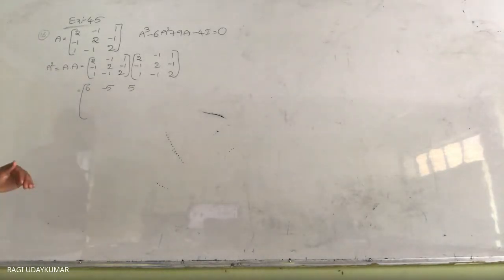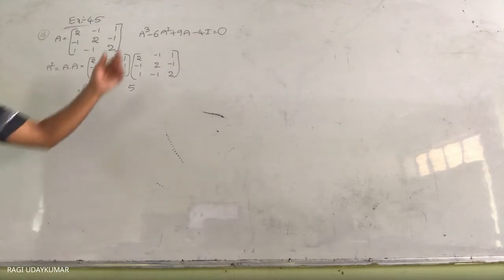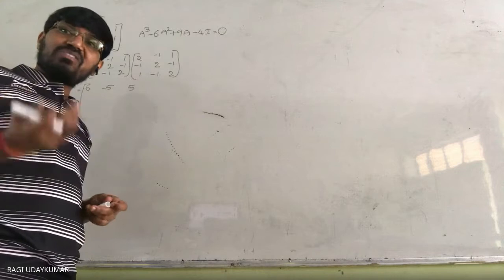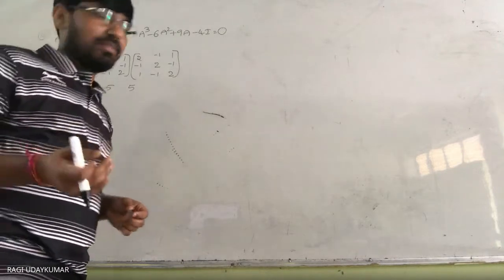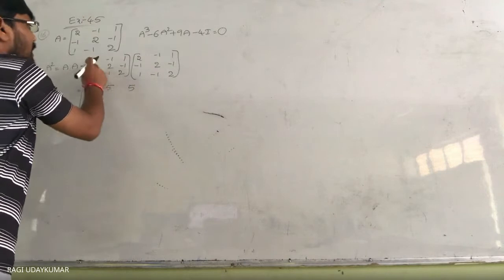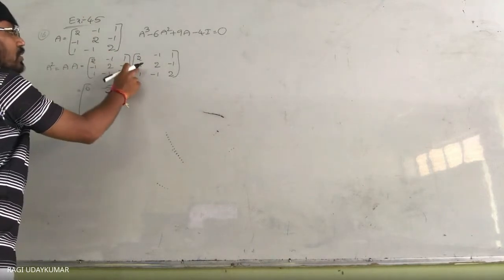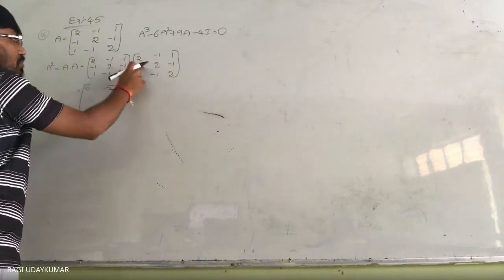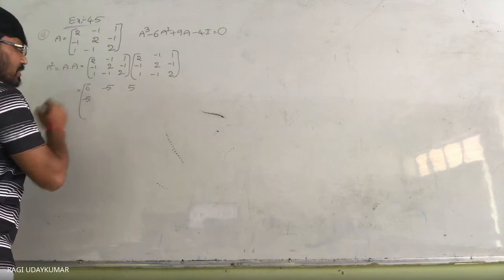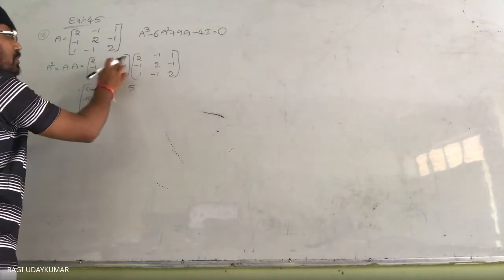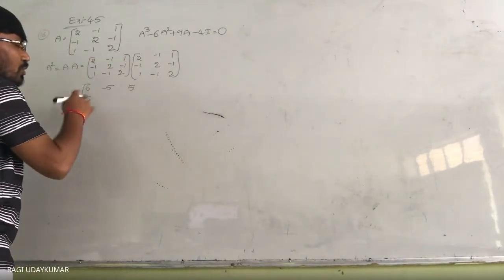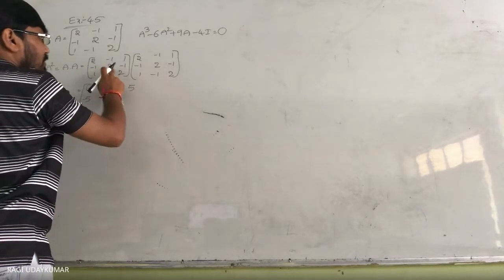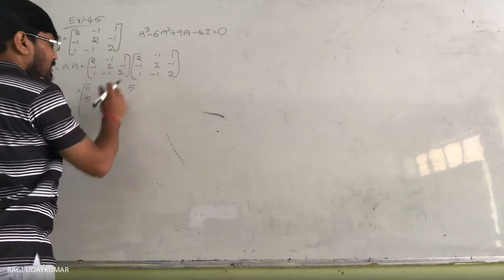So like this, find a square, find a cube, and substitute in this. If you get the null matrix, then hence find a inverse. Okay, let us find it a little bit faster. Let us do it. Minus 2 minus 2 4, minus 2 minus 2 minus 4 minus 1 minus 5, all minus, minus 2 minus 2 minus 4 minus 1, minus 5 plus 1 1 plus 4 5 plus 1 6.